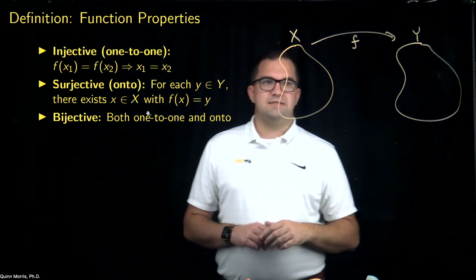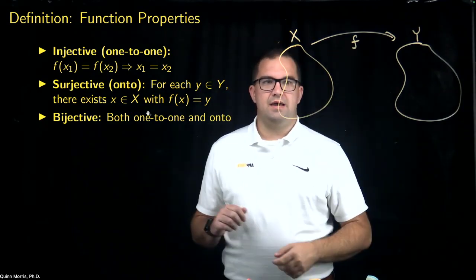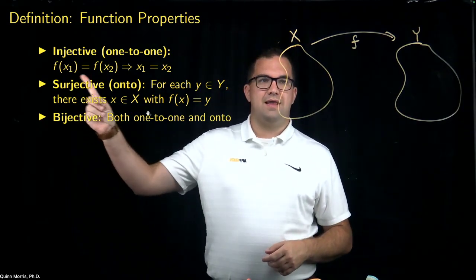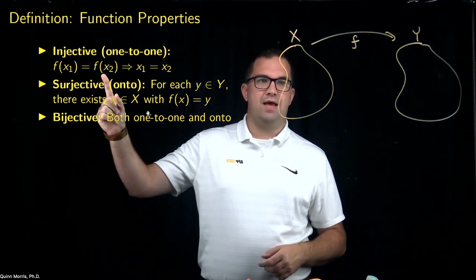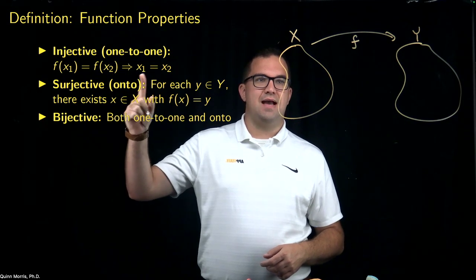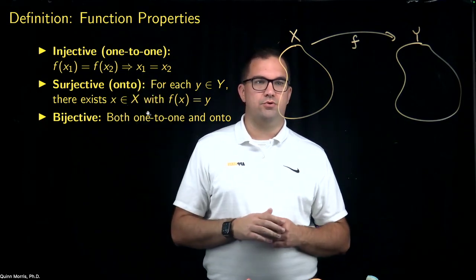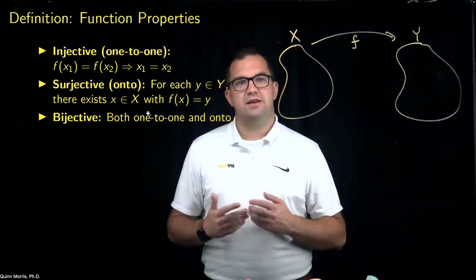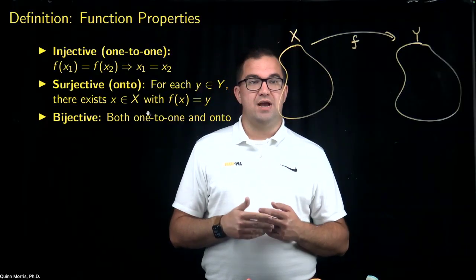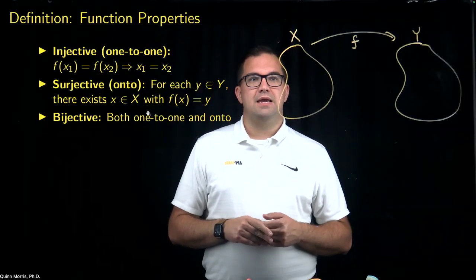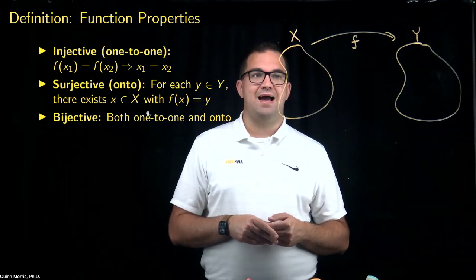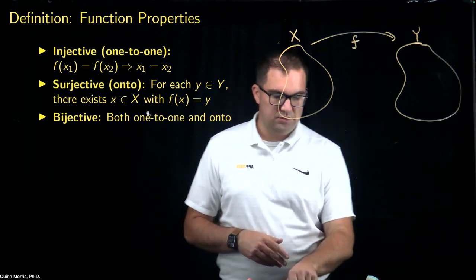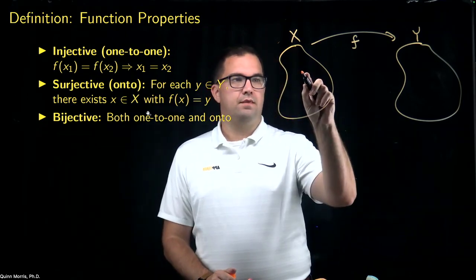A function is injective if, when f of x1 is equal to f of x2, that means that x1 must be equal to x2. Said another way, a function is injective, or one-to-one, if the only way you get the same outputs is to have the same inputs. So for example,